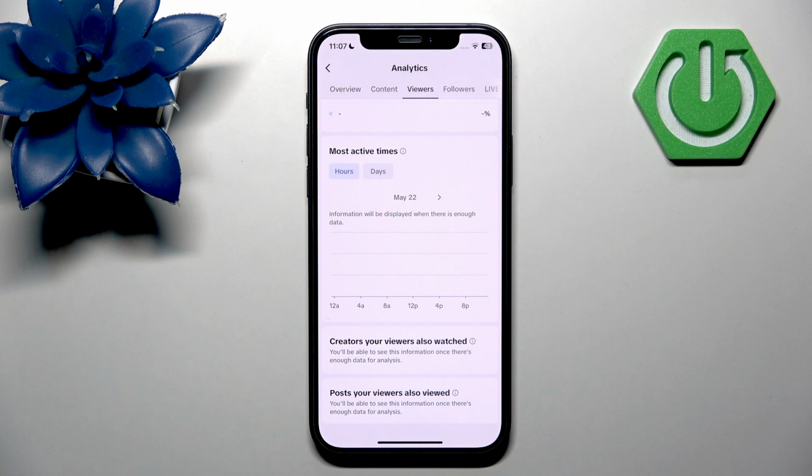So how to access this analytics tool, we have another video on our channel. It is called how to analyze TikTok analytics, so I highly recommend you go and watch it